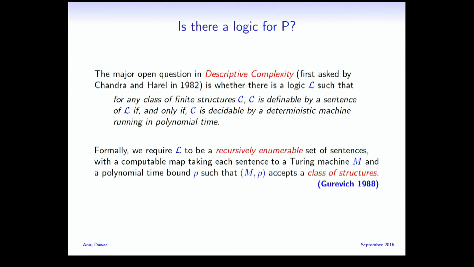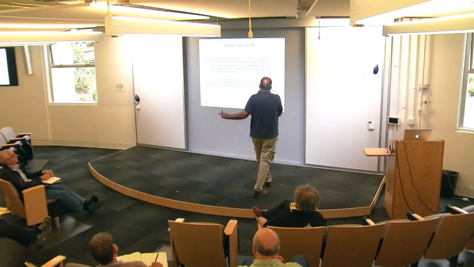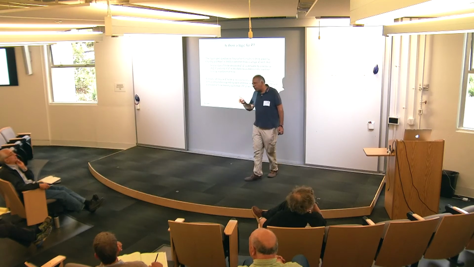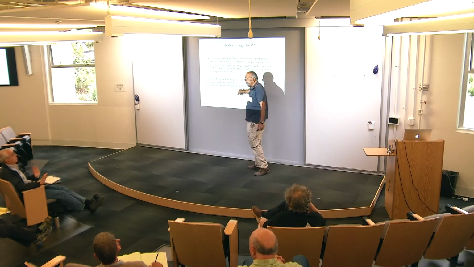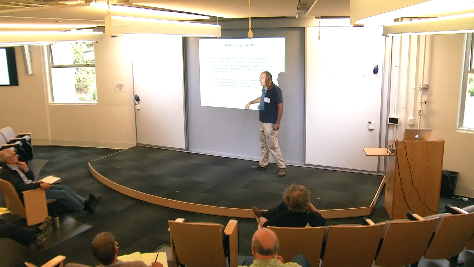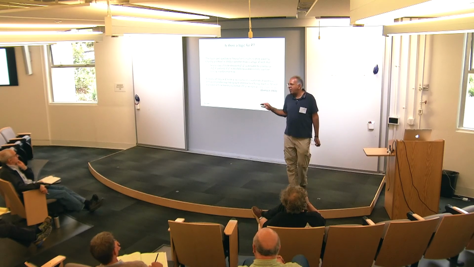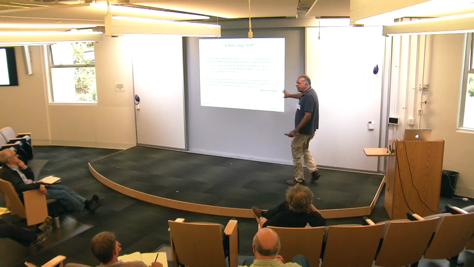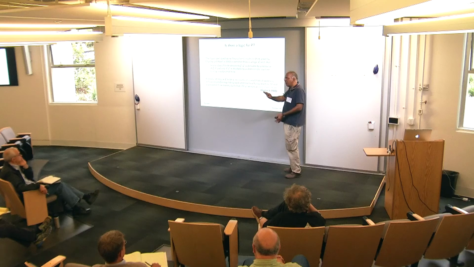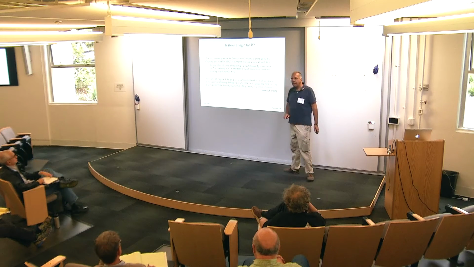Historically, I think it's the other way around. The second question was what Chandra and Harel asked, and you reformulated it in the version of a logic. Well, no. I think what was missing from the Chandra and Harel formulation was precisely this idea of a computable map to pairs of machines. They asked about recursive enumerability, but they didn't formulate it as a logic. No, I know, that's right. But I think this notion of a computable map to a pair is crucial. In Gurevich's paper, he explicates many slight variations and shows that many of them can be trivially answered. And this is the one that's the key.